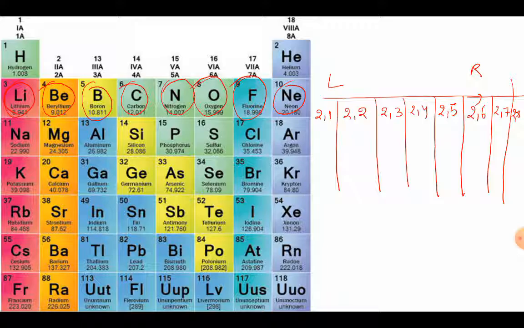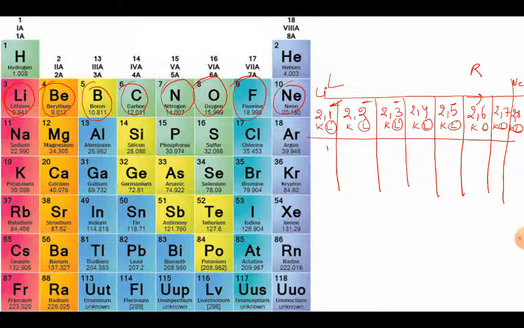Right. So now we all can see that when we do the configuration in a period, the number of shells remains the same, and the shells in period 2 are K and L for all the elements from lithium till neon that we have done. Now L is the outermost shell in all these elements. It means that it is the valence shell, and the electrons present in it are the valence electrons. So let us write the valence electrons: 1, 2, 3, 4, 5, 6, 7 and 8.